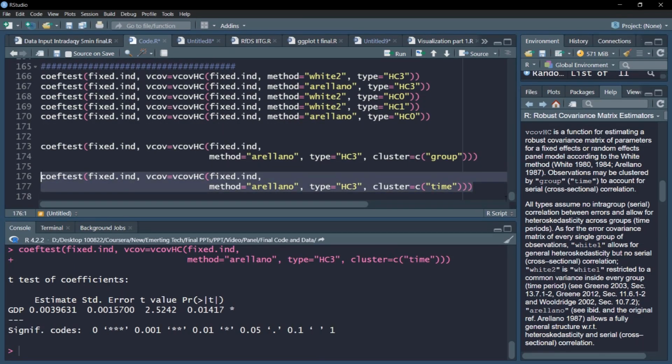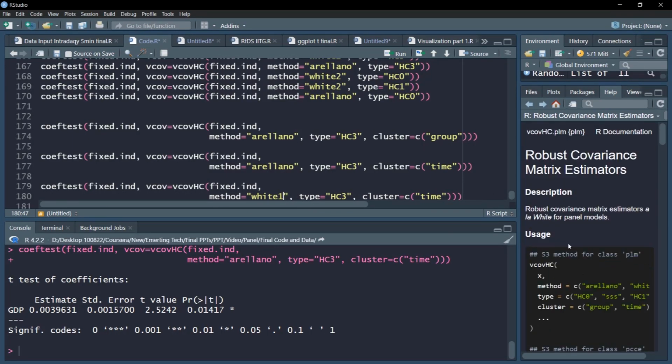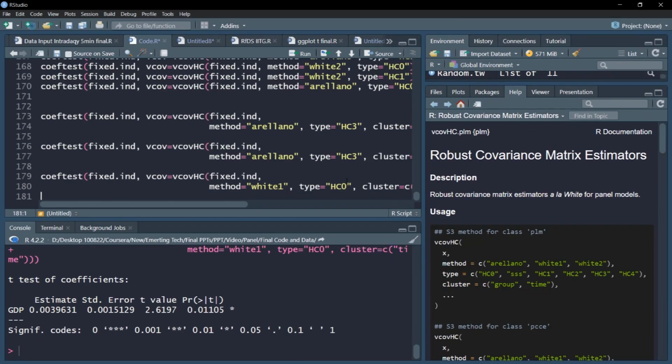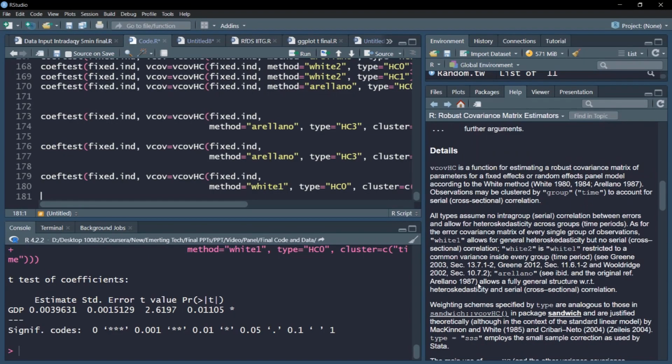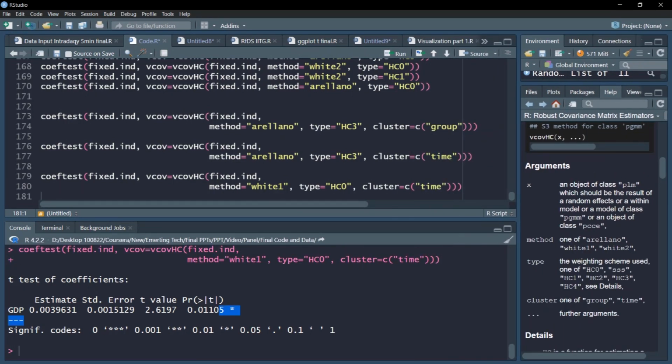And now another thing, you can change these methods. For example, instead of Arellano, you can use maybe white 1. In white we have white 1 and 2, so we'll use white 1, maybe HC0, and you can read all the interpretation about these white methods in the help menu. So we can see the coefficient significance. Broadly, our results are pointing to the same coefficient. We have done a number of permutation combinations, so broadly our results are pointing to a coefficient value closer to 0.4% with a significance level that ranges within 10% or better, so around 10%, and in some models it has improved as well. So broadly we get consistent results.